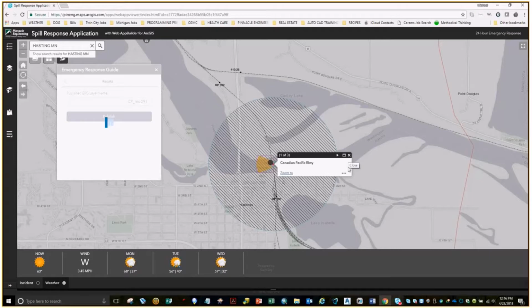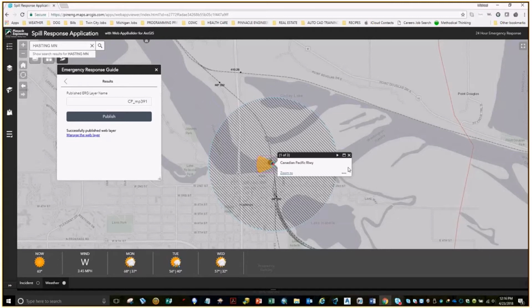And so now it's publishing it to the application. So let's say Sean's down in Rochester, and Jim calls Sean and says, "Hey, we've got an incident in Hastings at the bridge crossing at 391. Open the SRA application. We've got a point on there. We've already identified fire zones. We've got wind direction,